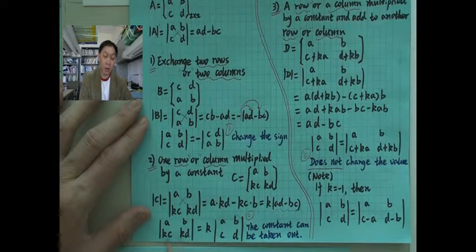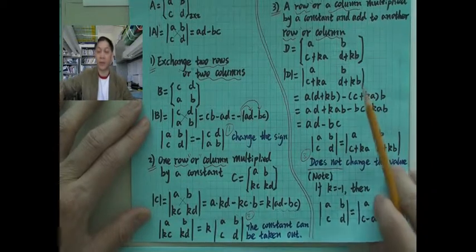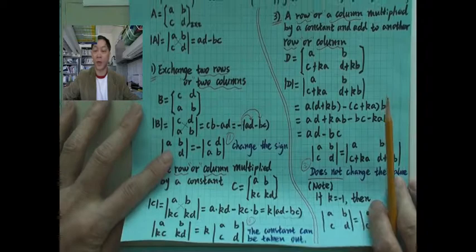A common factor on one row can be pulled out. Remember that. Only on one row or one column can it be pulled out in front of the whole determinant. Now, let's look at the property